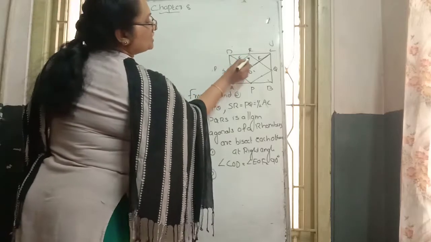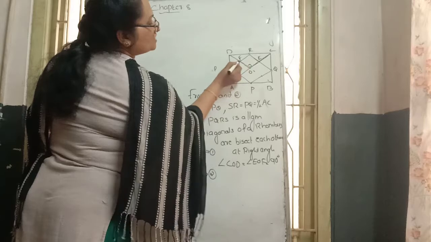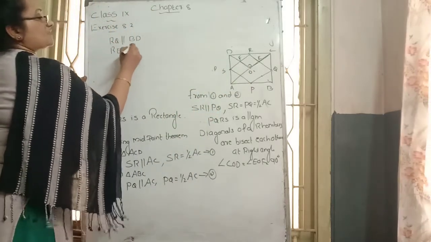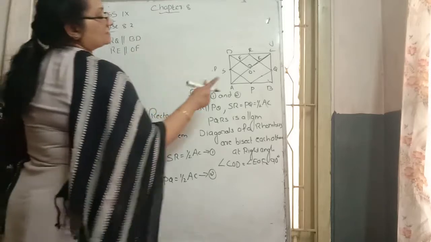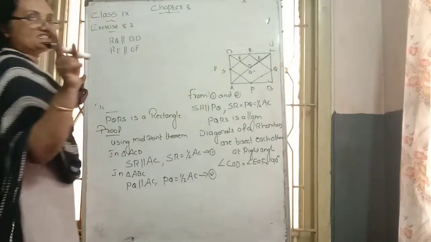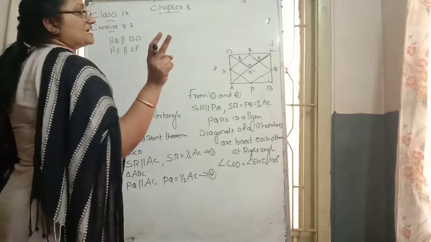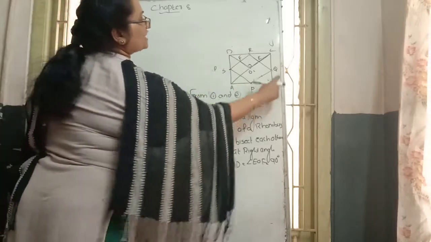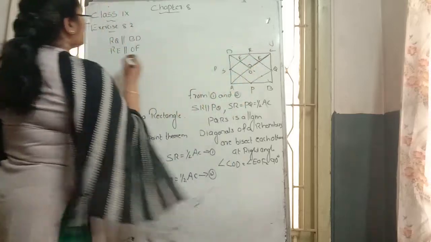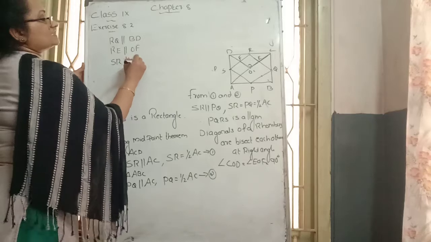In the same way, with respect to this small part, how can we write that RE is parallel to which side? OF. In the same way we can write RE is parallel to OF. That is the BD diagonal case. How do we prove it for AC? It has two diagonals. One diagonal case, BD, is complete. Next, the AC diagonal, how to prove that with respect to the rhombus ABCD. We can say the SR line is parallel to the AC line.